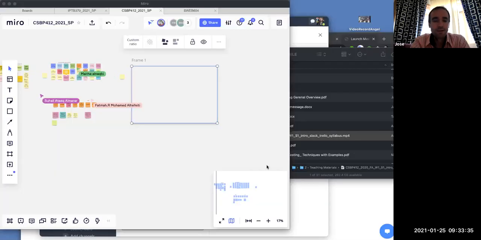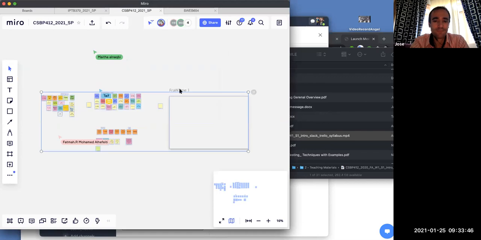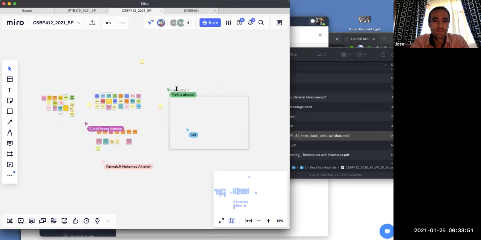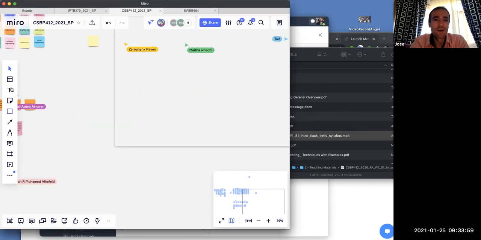Excellent. Right. So we are in Miro here. Come to frame number 1. We're in week 3. Good. This is the frame we're going to use. So if I ask you to write some post-its about what is agile, what would you say agile is for you?